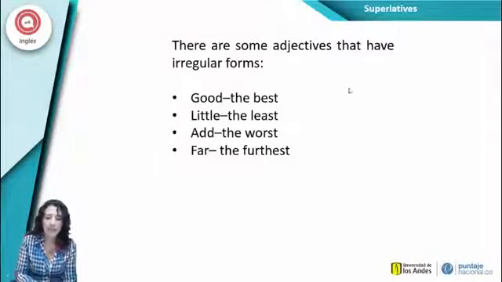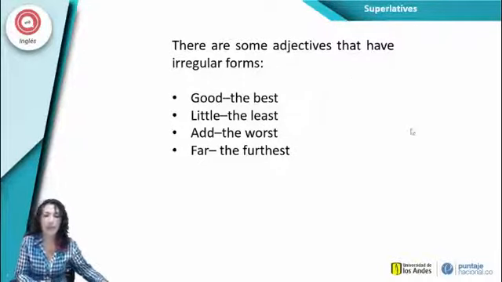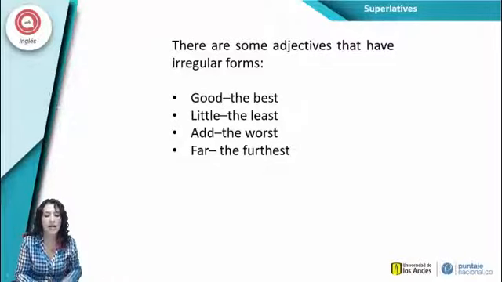And there are some adjectives that have irregular form. Entonces, ¿a qué me refiero acá? A formas irregulares, que no todos los superlativos se forman de la misma forma. Igual que en los verbos tenemos unos adjetivos que son irregulares. No podemos decir "the goodest", sino decimos "the best". No decimos "the littlest", decimos "the least". No decimos